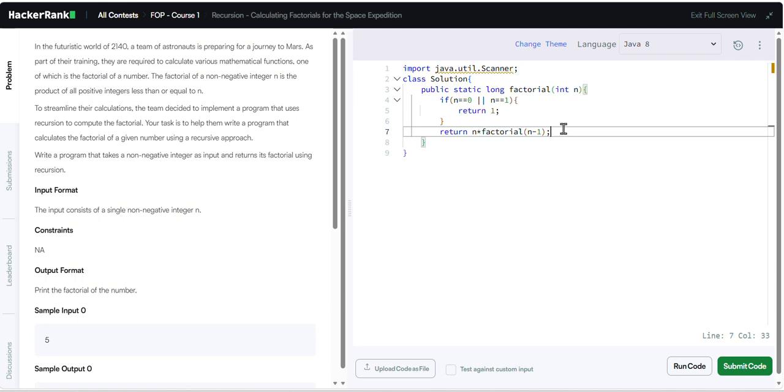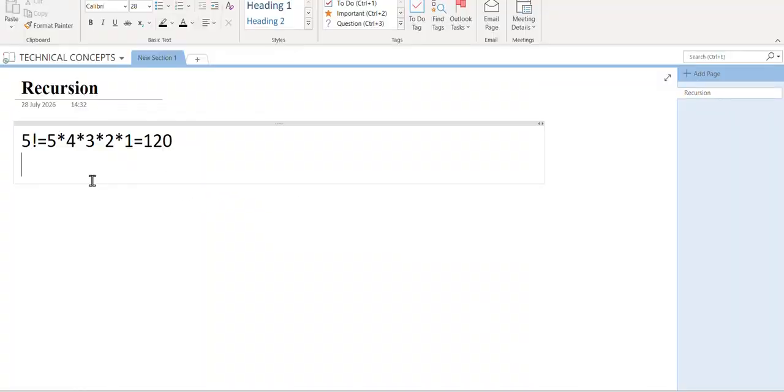This function calls itself with n minus 1. n multiplied with this function is calling itself. So this is the recursive approach. n factorial is equal to n into (n minus 1) factorial. This is the formula. I will write the formula also. n factorial is equal to n into (n minus 1) factorial. This is the formula.